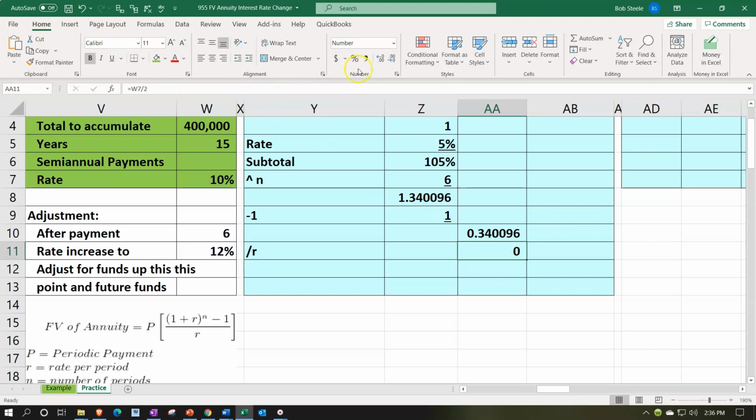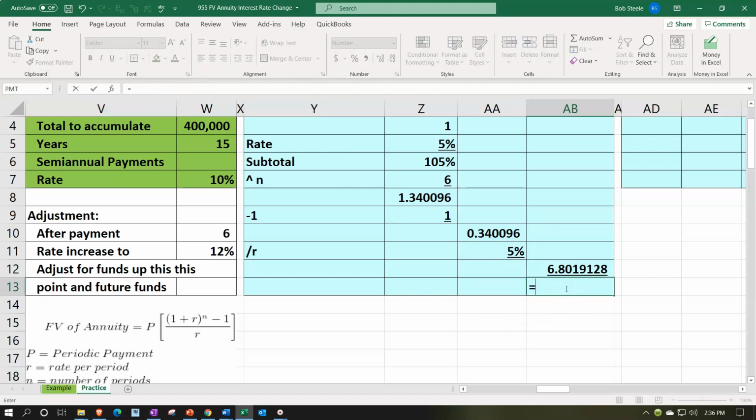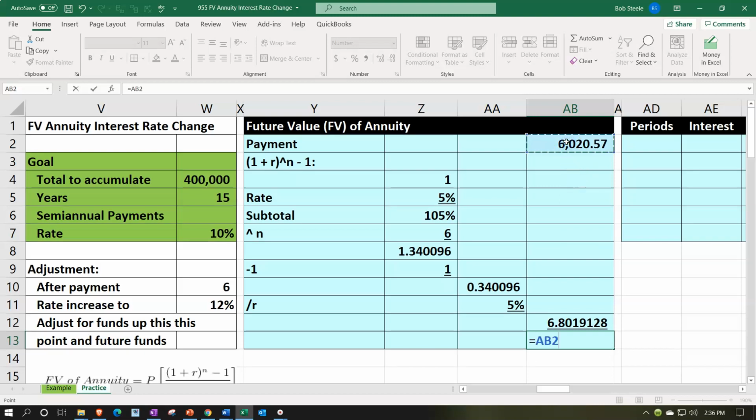Percentifies it, home tab number, percent, underline. And then we're going to take that number and bring it out here, dividing them out, division problem, dividing, decimalize, home tab numbers, decimalizing it, and then underline, home tab font, underline, and then we'll multiply outer column, multiplying out these items. So adding a couple decimals, home tab number, just a couple decimals. So now we got the